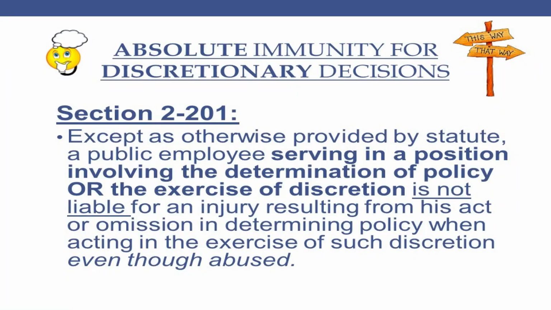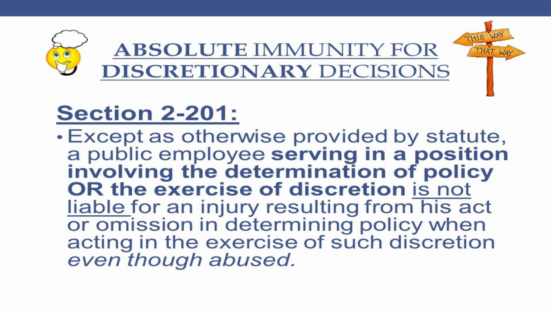Now, we just talked about what the Tort Immunity Act is, who it applies to, and when tort claims must be filed against you, your board, and your college. Next, we're going to talk about what specific immunities are available under the Tort Immunity Act and when those will and will not apply. Now, assuming that a claim is timely filed within the 1 year statute of limitations, we're going to look at some of the key legal defenses that provide immunity to you and your college under the Tort Immunity Act. And we'll start with the granddaddy of them all, the immunity found in Section 2201.